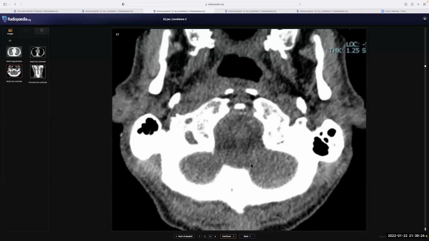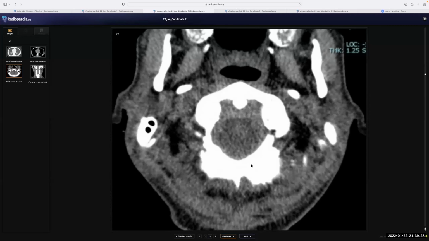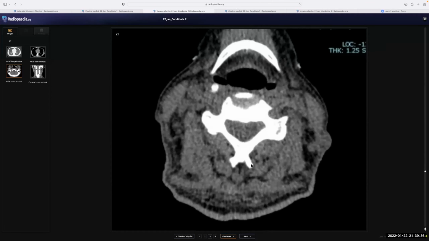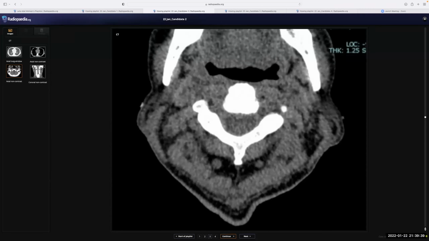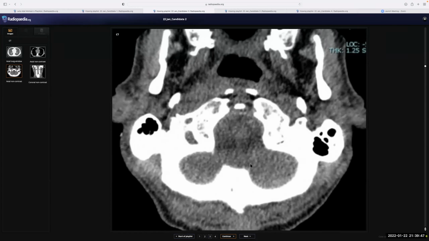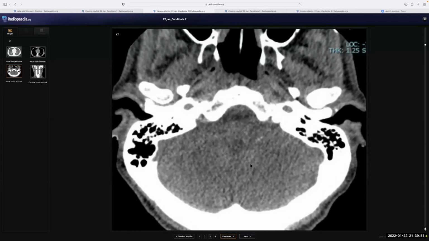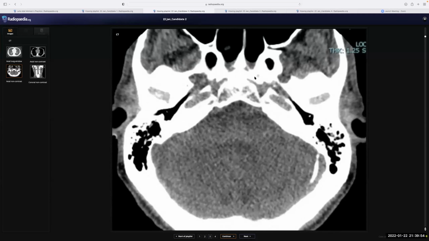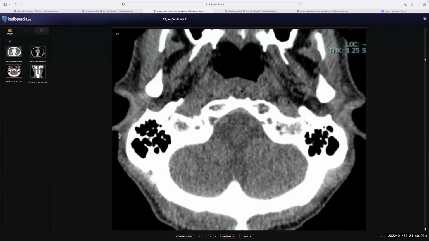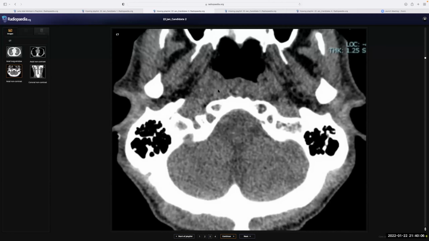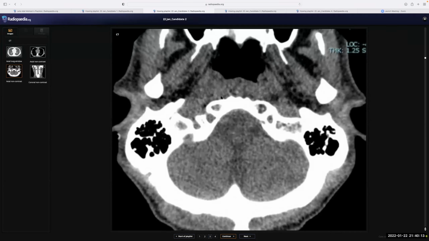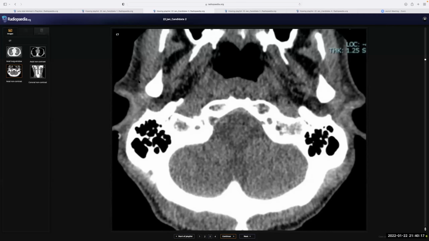Yes, okay. So now going down with the emphasis on the nasopharynx. Sorry, I think I've scrolled too far down. Apologies. So this is the oropharynx. Now I'm going up. So now I'm at the level of the nasopharynx. The nasopharyngeal tissue appears prominent, but I'm trying to look for any discrete mass. I believe there's a sort of asymmetry between the right-sided nasopharynx and the left-sided nasopharynx. So this warrants further investigation via flexible endoscopy by the ENT surgeon, and if needed,